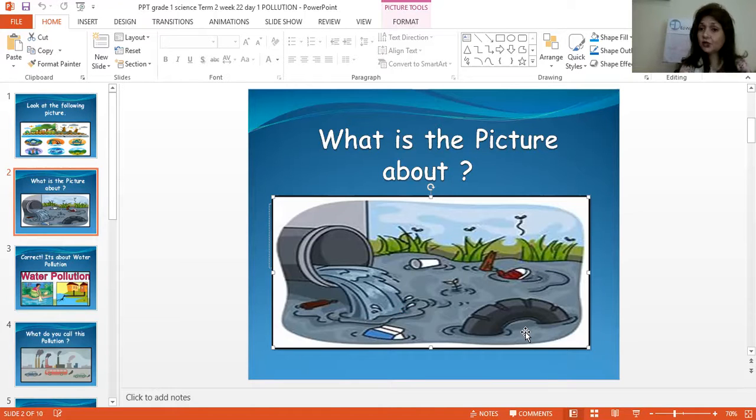So what does this make the water? It makes this water dirty. And once this water becomes dirty, it becomes harmful for us, and harmful for who is there inside the water, the sea animals. Once they drink the water, they will get sick. They might die. So this water pollution is very, very bad. You call this pollution